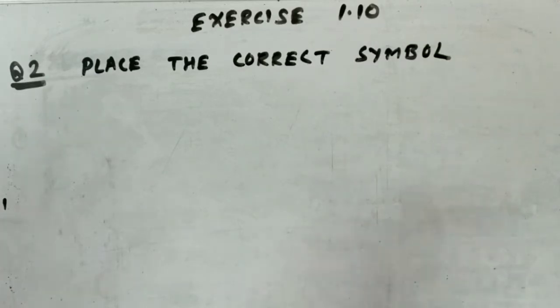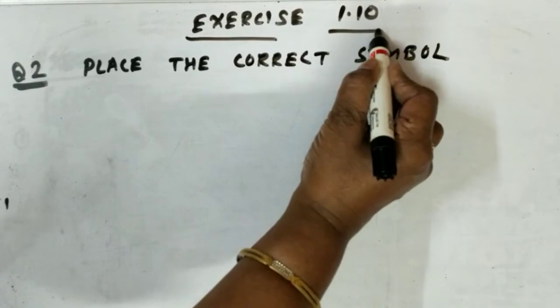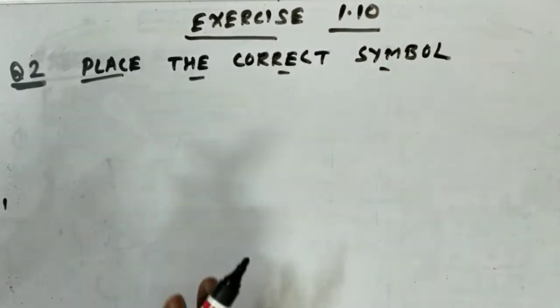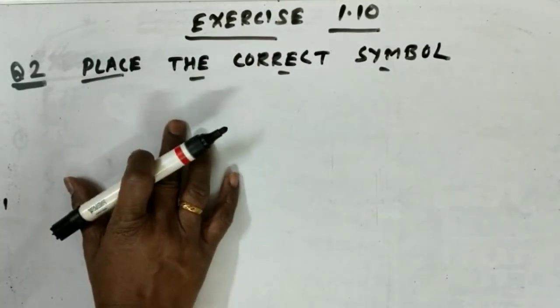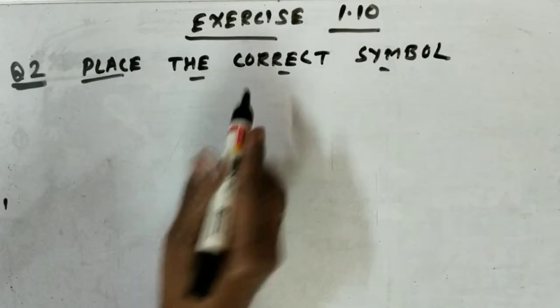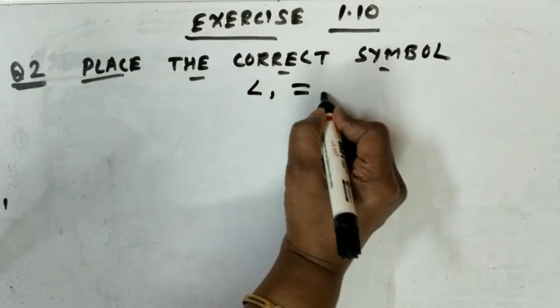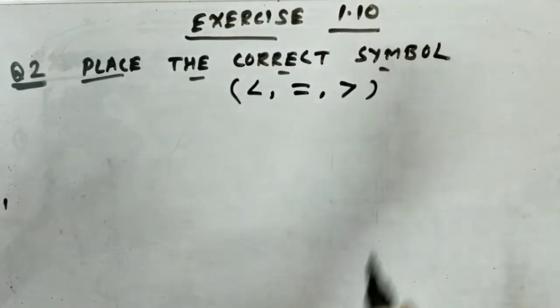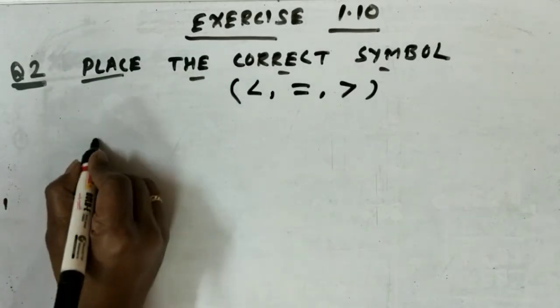Today, we are going to see the same exercise number 1.10, and we are going to place the correct symbol. For this, we should know which decimal is greater and which is smaller, for putting the symbol greater than, less than, or equal. These three symbols we have to use in the sums below. For example, we have a question: